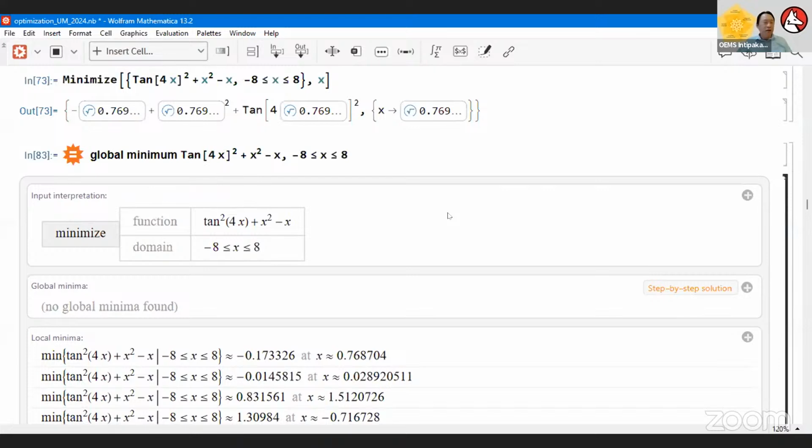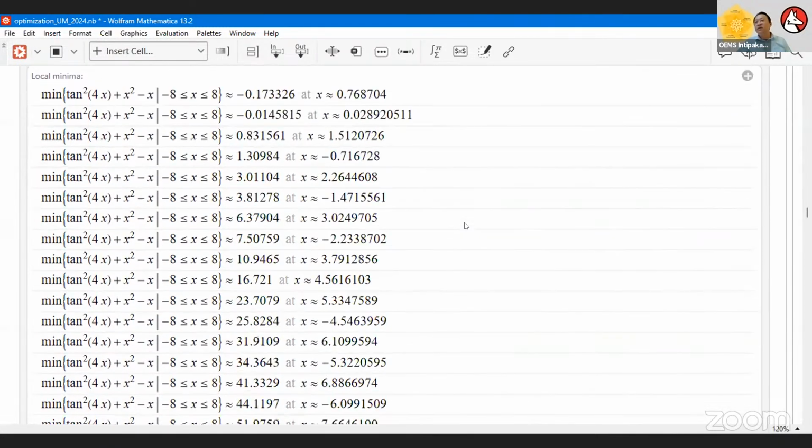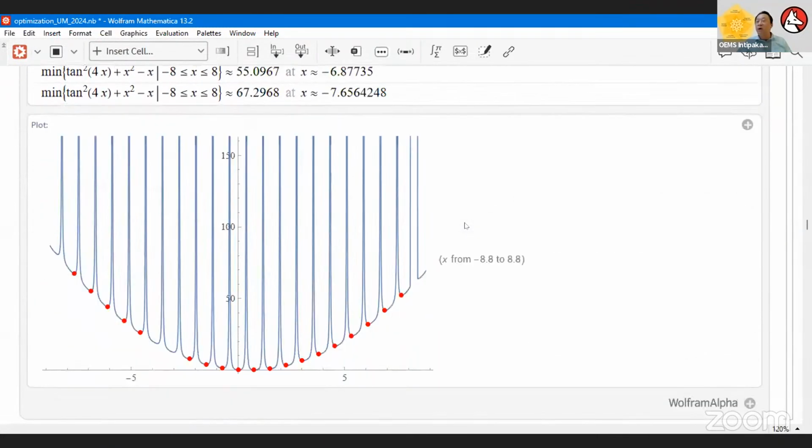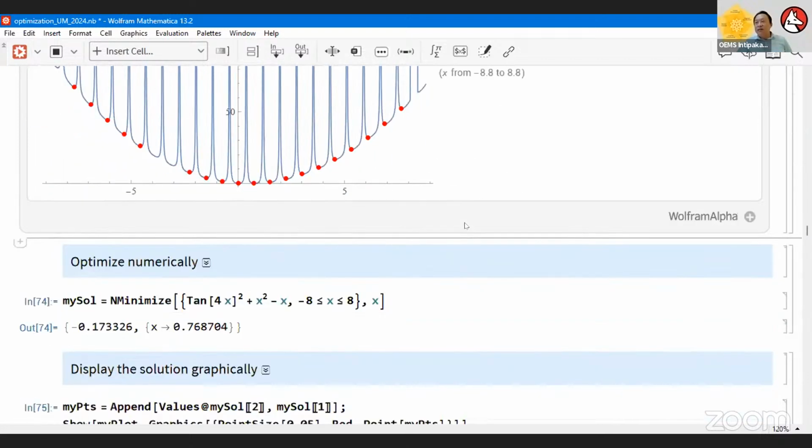The system is recalculating right now. It's saying no global found, but it's okay. It gives a quite good first round of approach. Of course, when we have free time, we can try out more.